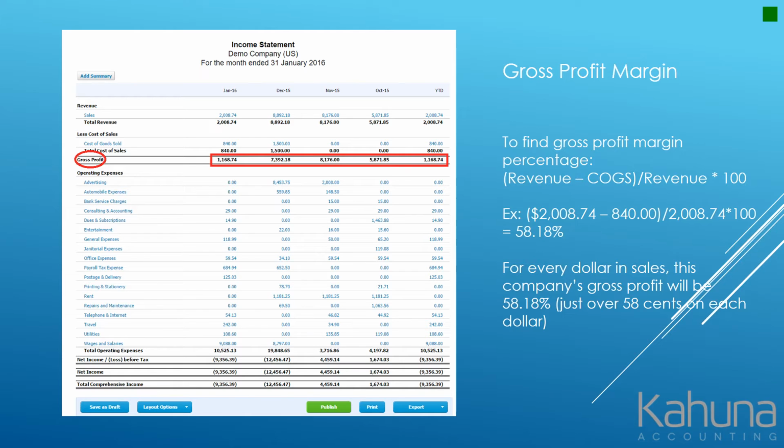So before we move on to our detailed example, let's calculate the gross profit margin percentage for this demo company you're viewing right here. To find that percentage, we need to subtract costs of goods sold from revenue, which is $1,168.74. We then take that number and divide it by our revenues of $2,008.74 and multiply that by 100 to get our percentage. This comes to